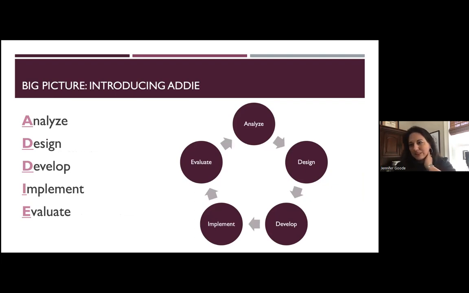I see a lot of similarities myself with my work as a technical communicator and a technical writer. I do something similar: we analyze, then we outline or plan our documents, then we develop them, and then we go through revisioning, and then we go through launch and feedback. So I see a lot of this wrapping up in that as well.